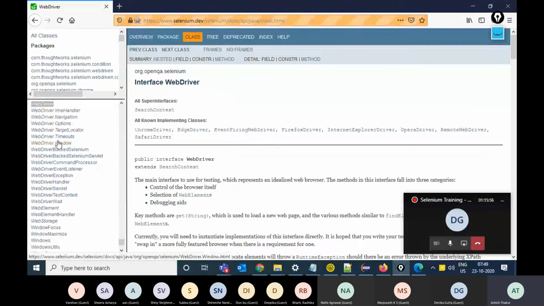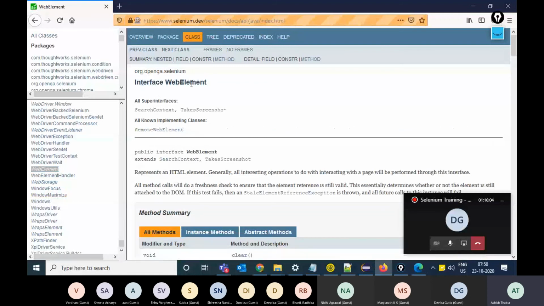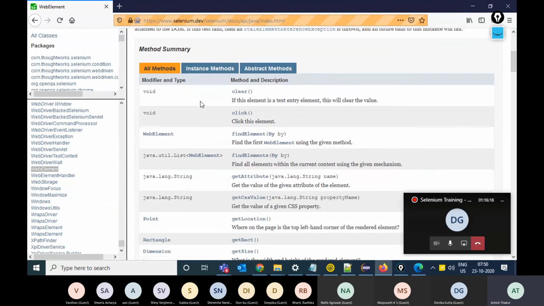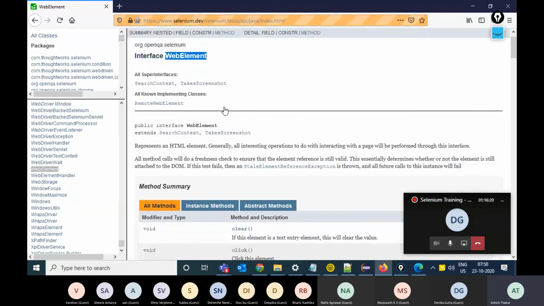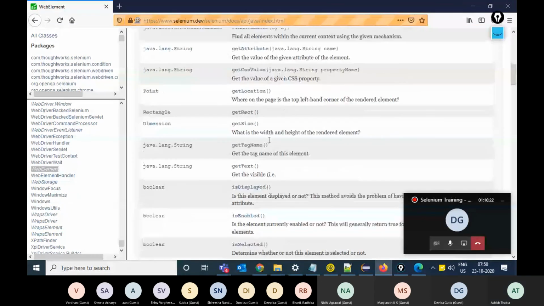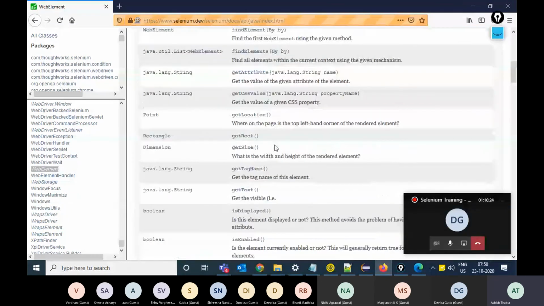And we have a special interface for working with web elements, and that is the WebElement interface. It basically represents a generic HTML element on the web page. This interface has functions to interact with the web page.